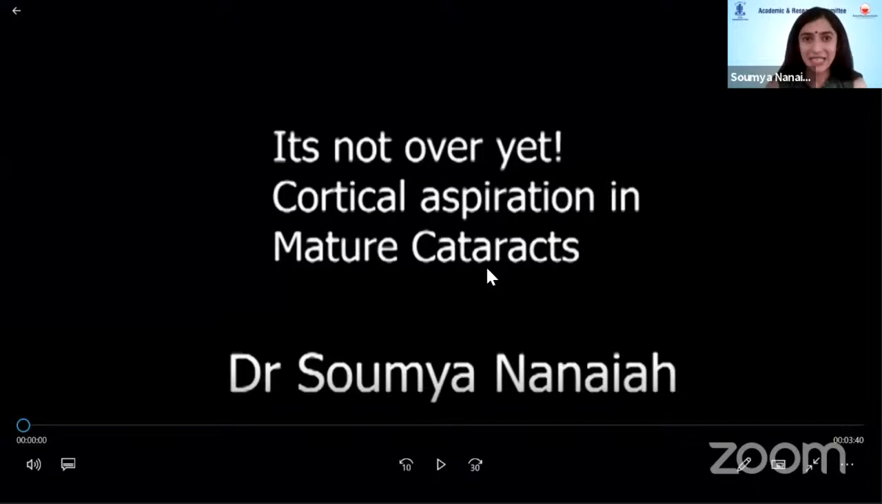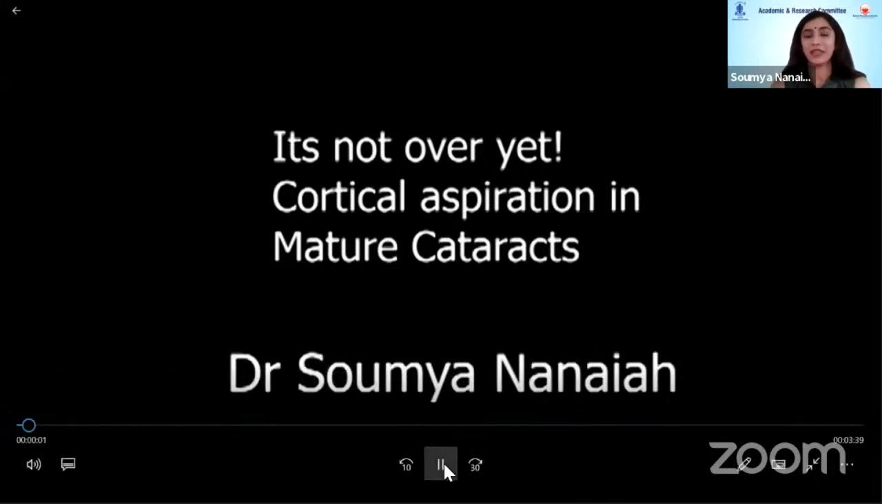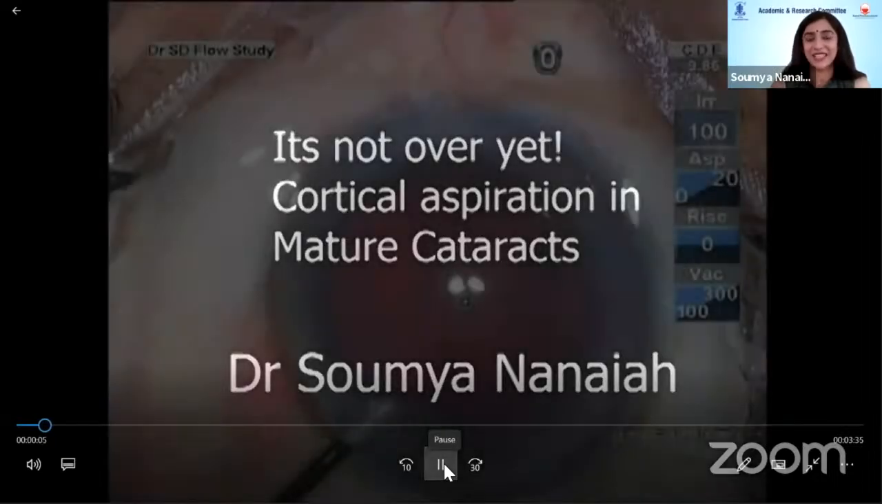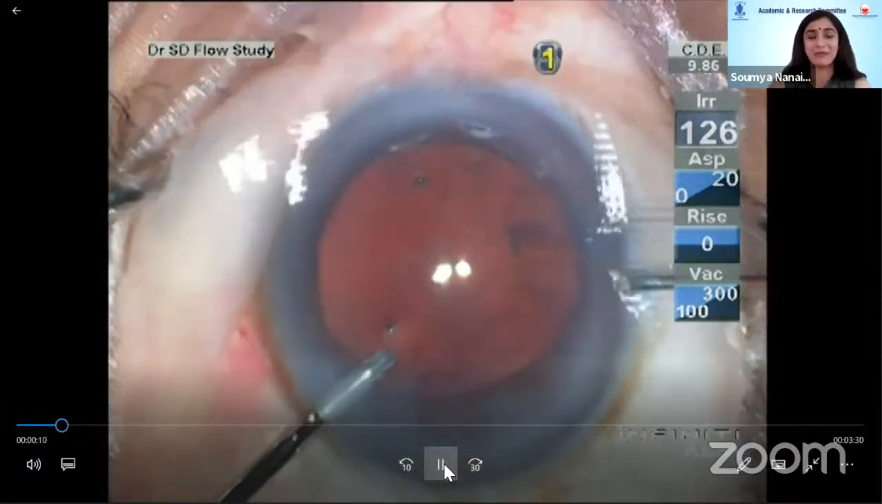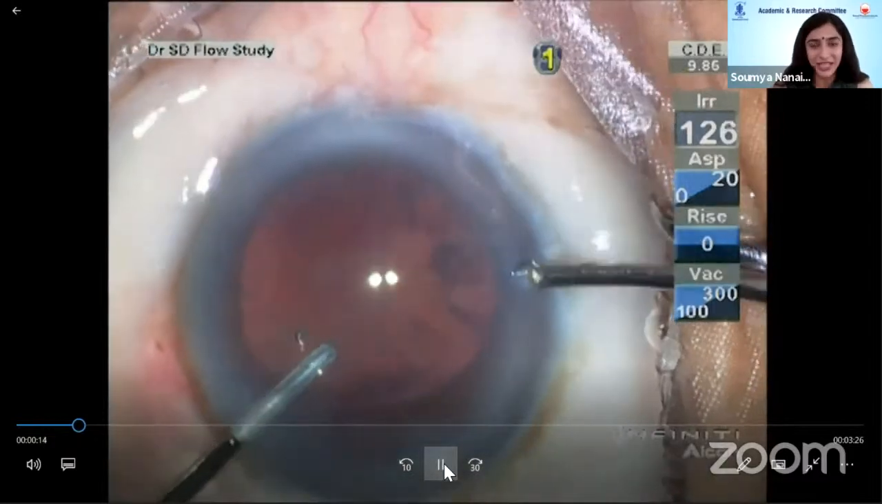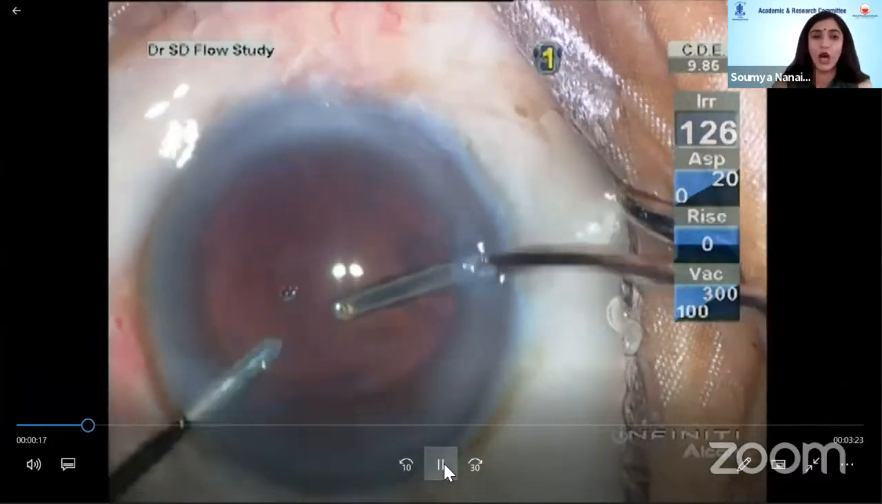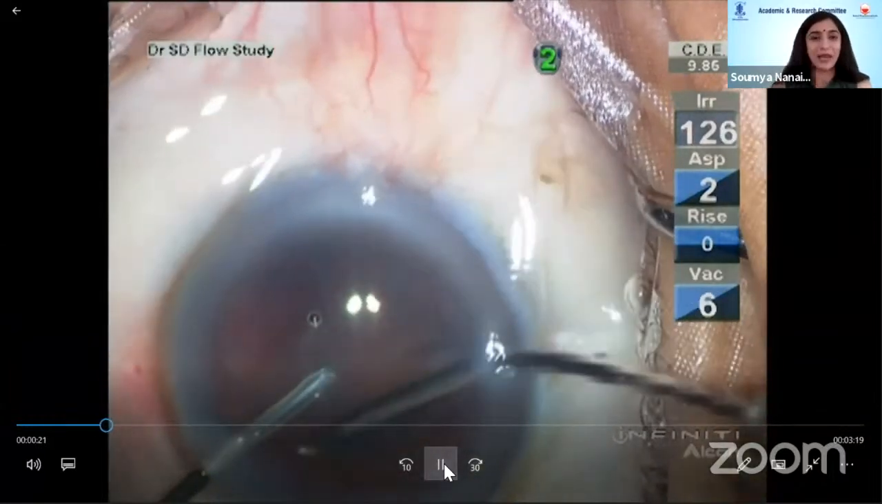At the outset, I'd like to thank AIOC, ARC, especially Dr. Harshal and Dr. Chitra for putting together this wonderful program and having me on it. I'm sure most of us would heave a breath of relief by the time we're done handling our nucleus and mature cataracts. But really, it's not over yet, and there is sometimes so much more to come. So this is a fellow operating on a mature cataract at the end of a long day and a long list. And I can say this because this fellow was me many years back when I was a fellow in